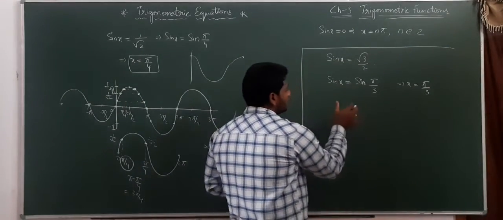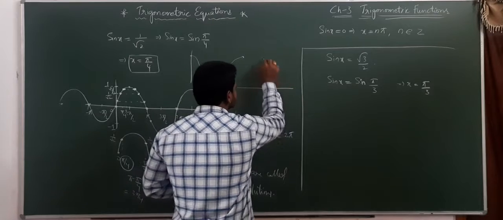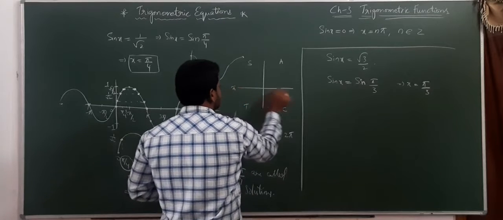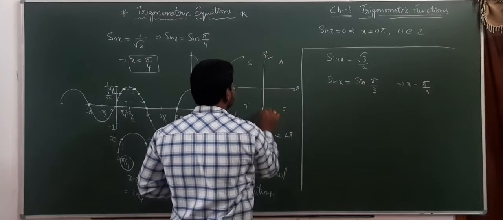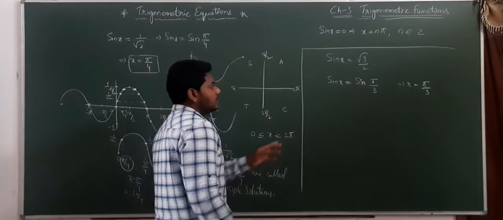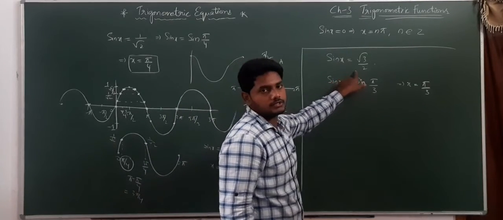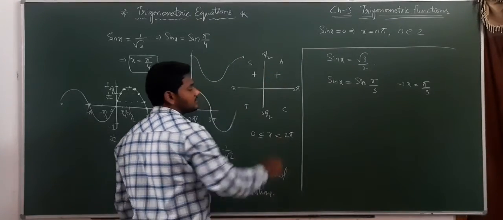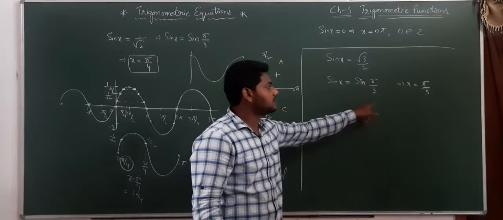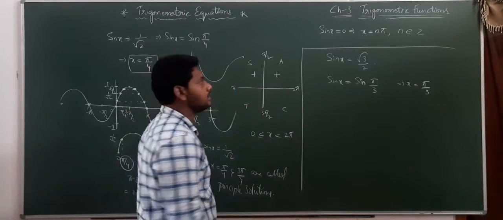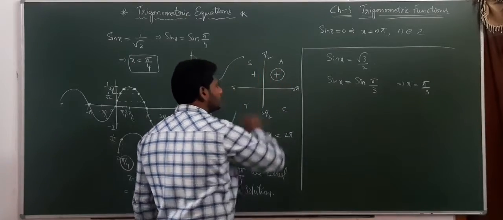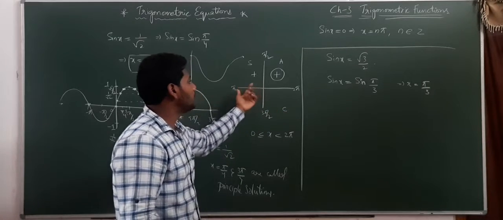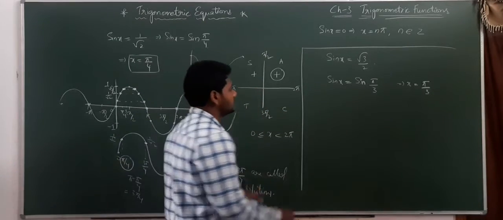To find this, we need to use the quadrants. All silver teacups. And again this is pi, this is 2 pi, this is pi by 2, and this is 3 pi by 2. Here if you observe, sign is positive or negative, you need to observe. Positive. In which two quadrants is sin positive? Here and here. Right? So sin pi by 3 is in which quadrant? First quadrant. That means already this value we got. Now which value remains to find? In between pi by 2 comma pi. Then how to find this?